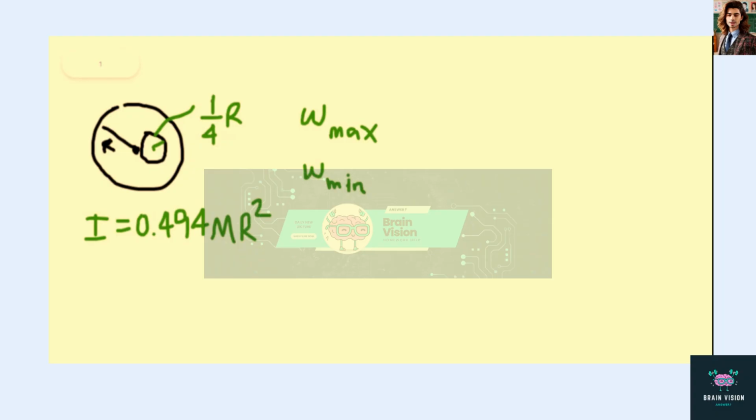Potential energy is mgh. So we've got two objects here, kind of. We've got the main disk, and then we've got a small, tiny disk cut out of it. So I'm going to say the potential energy of the main disk